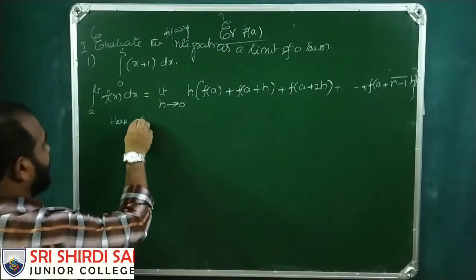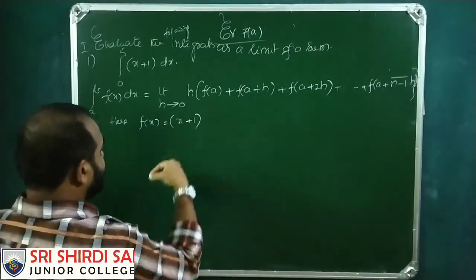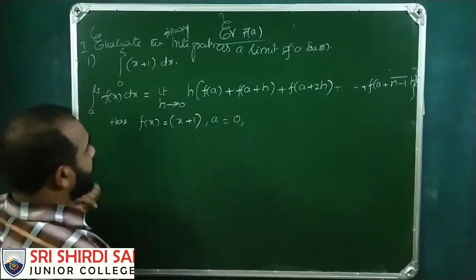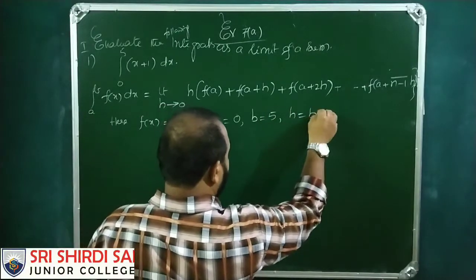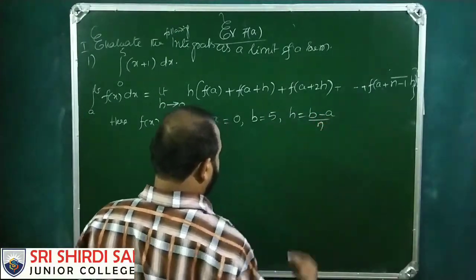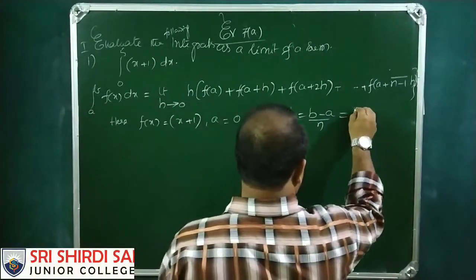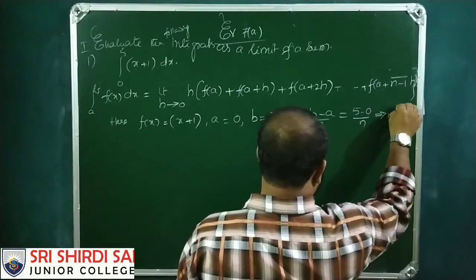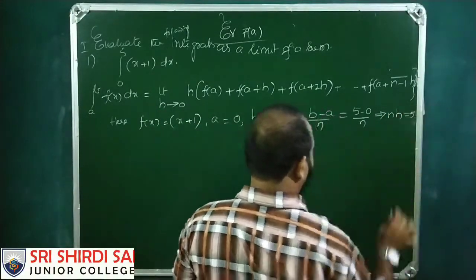So here f of x is equal to x plus 1, a is equal to 0 the lower limit, b is equal to 5 the upper limit, h is equal to (b minus a) by n. So that is equal to (5 minus 0) by n. So that is equal to nh, nh is equal to 5. Now